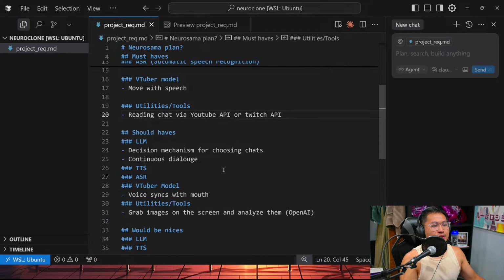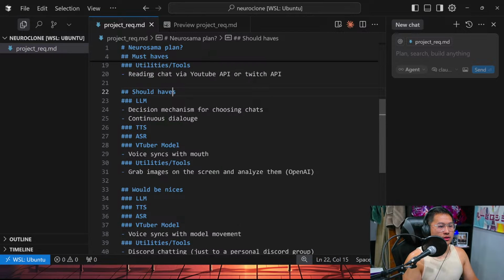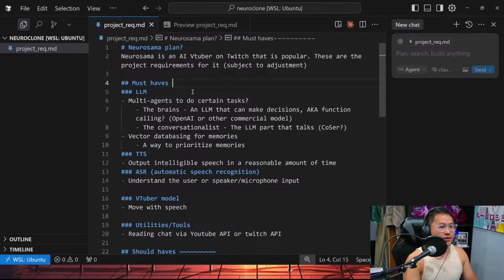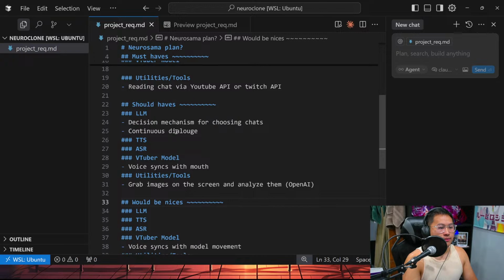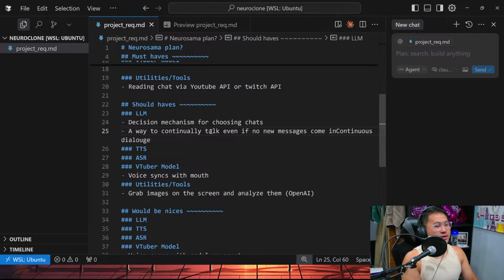Okay, and then now we can move over into the should-haves section. I'm just going to throw these in here to make it a little easier for my eyes to separate. Okay, so it'd be nice to have a decision mechanism for choosing chats. A way to continually talk, even if no new chat messages come in, aka continuous dialogue.